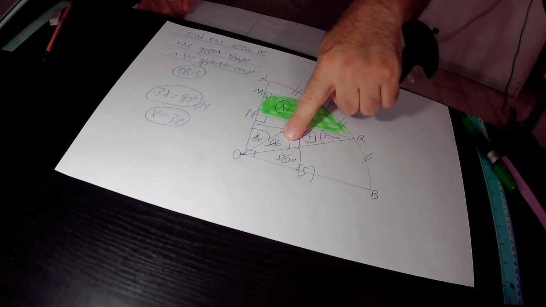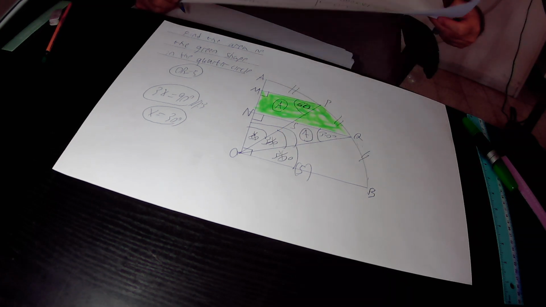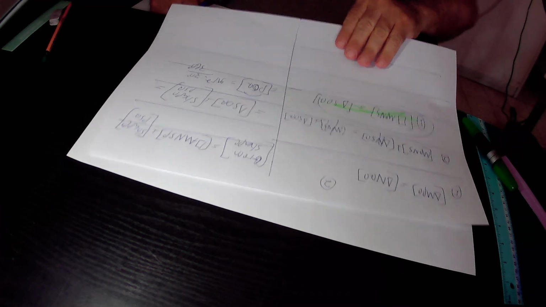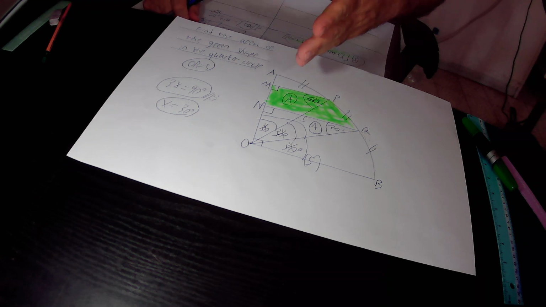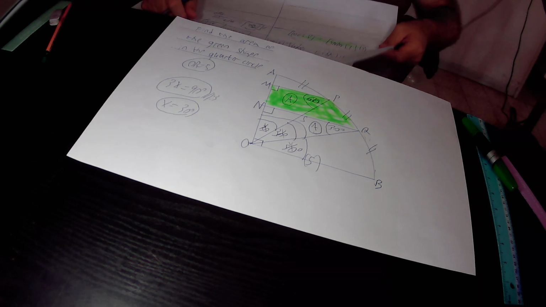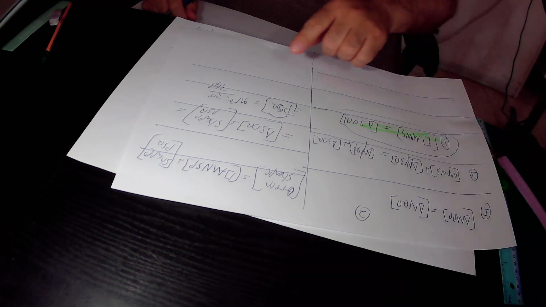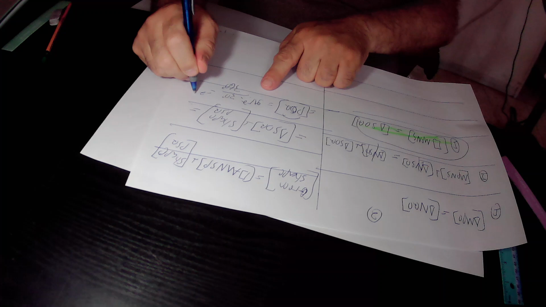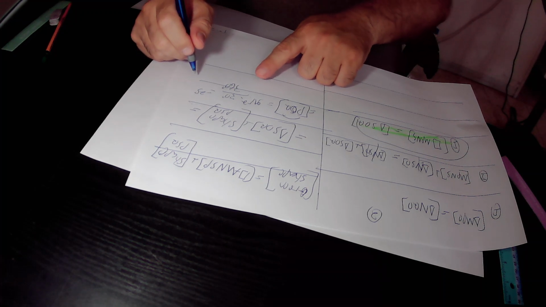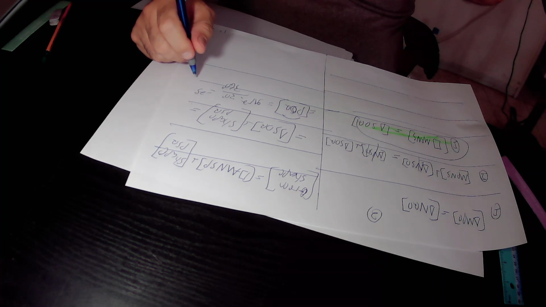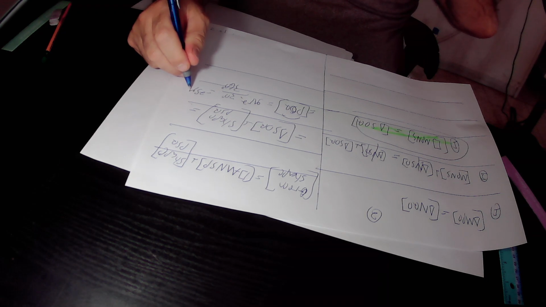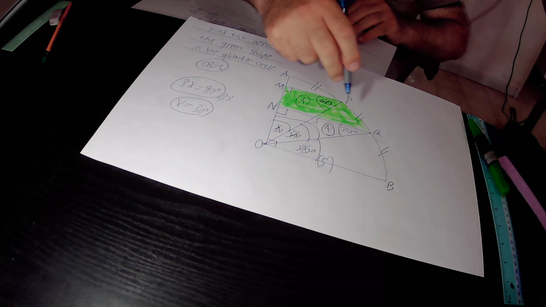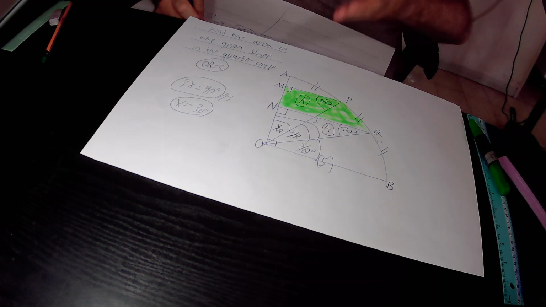I repeat again, we shall find out that in total, the area of the green shape equals pi r squared times 30 degrees over 360 degrees. We know that the radius r of this quarter circle equals 5. Therefore, r squared is 5 squared, that is 25. So pi r squared is 25 pi. 30 degrees over 360 degrees is 1 over 12. So in total, the area of this green shape equals 25 pi over 12 square units,